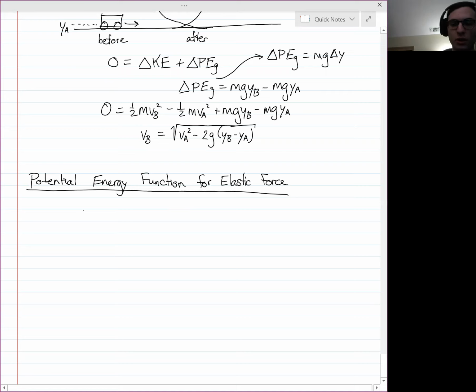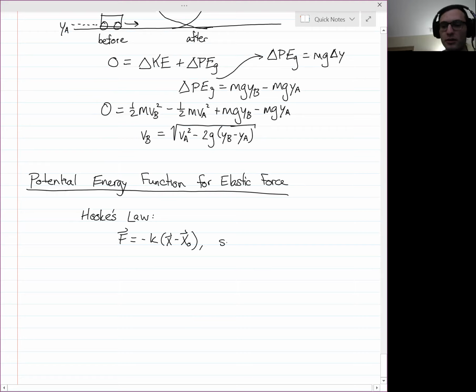So Hooke's law, hopefully you remember this, I've brought it up myriad times now, is effectively that the force from a spring, or the elastic force due to a spring on a mass, is negative k times (x minus x naught),